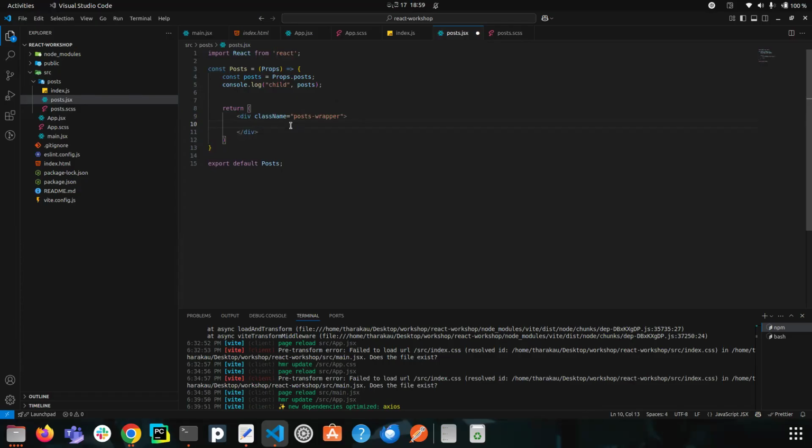Okay, now we have a wrapper, and inside that we will have our posts. So there we are going to map through our posts. We have post, then we should use the map function to iterate through the posts, then we will get each post, and then we will return, let's return the image first. Source,